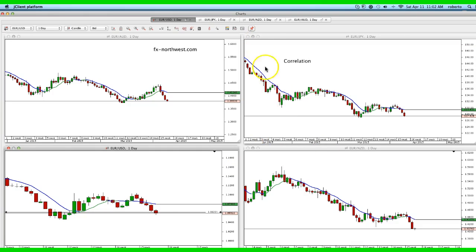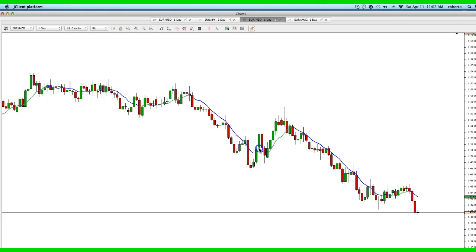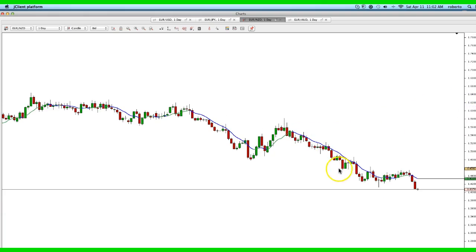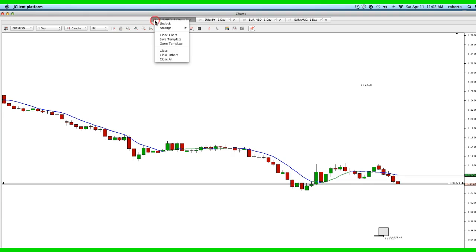For example, if I'm just looking at Euro New Zealand dollar, yes, I do know I'm in a downtrend, but notice that the market's starting to retrace here. We're looking at a daily chart, and if I'm looking at a single pair, I don't know if this is simply a retracement or a reversal. But if I'm looking at several pairs